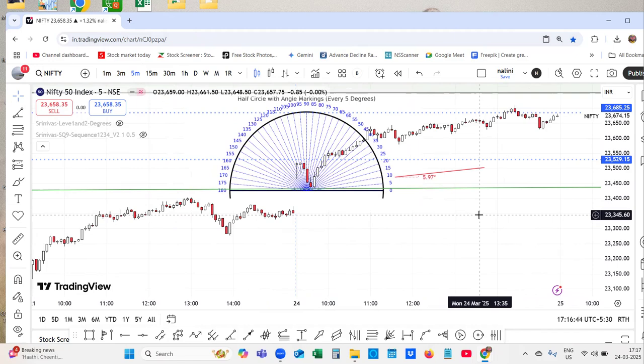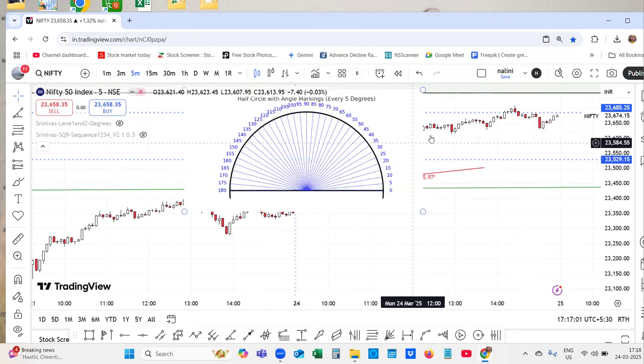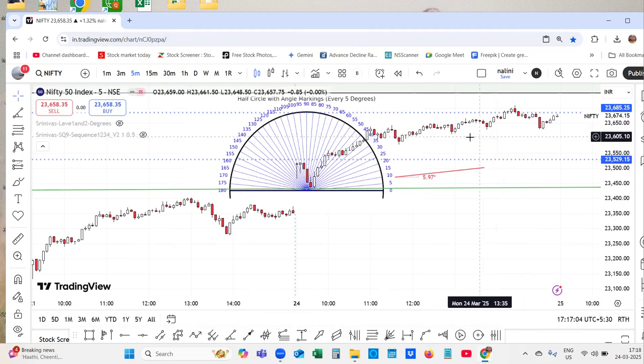And even people make mistakes by seeing the intraday correction. It moved through the time cycle. It is above all these levels. It is the breakout level. 23,524 is your stop loss. People might have gone buying put options, making all the mistakes by seeing the red candles. One should not do that. See, through the time cycle, the market has moved in a positive direction. You can clearly see this.